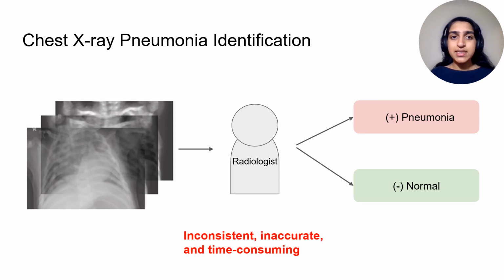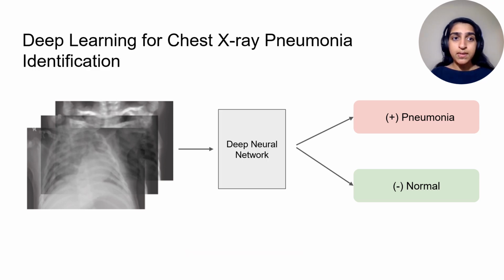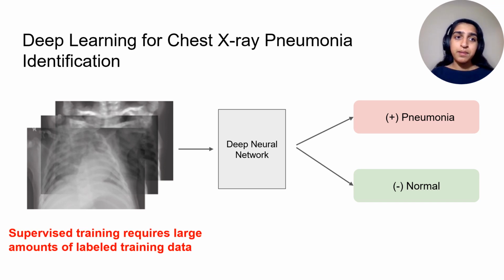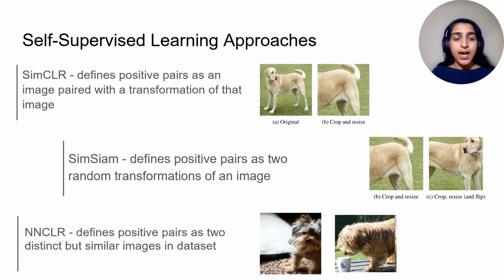To improve the consistency and accuracy of human interpretations of medical images, deep learning has been increasingly explored in medical imaging applications like this. However, supervised training of such deep learning networks requires large amounts of labeled training data, which may not be available. Outside of medical imaging, numerous self-supervised learning techniques have been developed to reduce the amount of